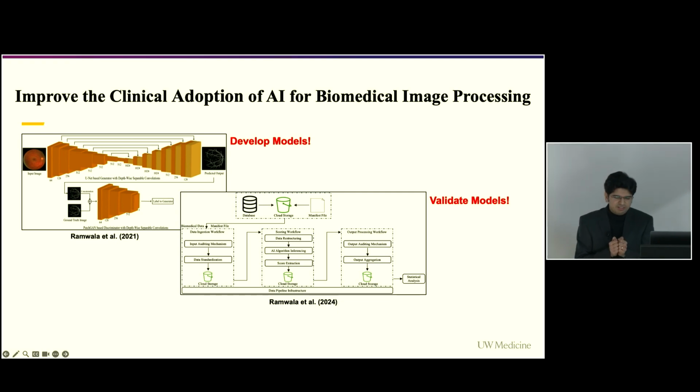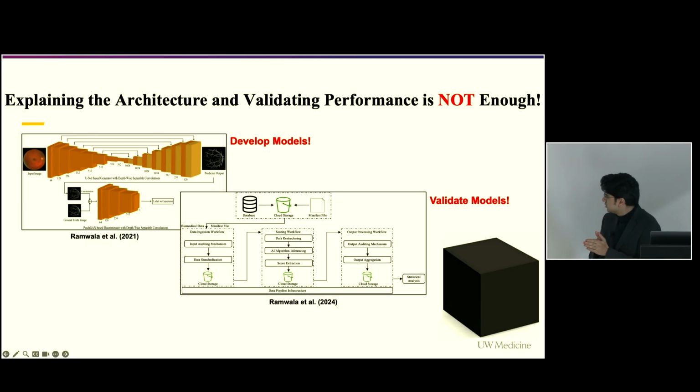But let's say we now have a well-developed, sophisticated model, a great neural network that is generalizable, that is not biased, that performs really well, and has the potential to be integrated in a real-world clinical setting. So we would have an amazing black box. Essentially, clinicians would now have a powerful model, but they would not really know what went behind its inference mechanism. How did it make certain predictions?